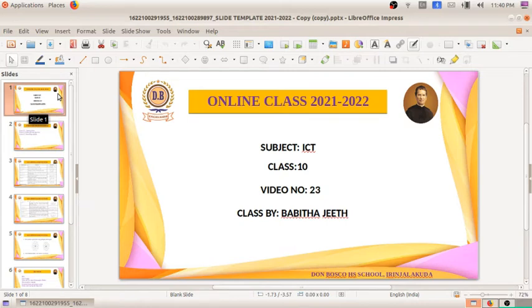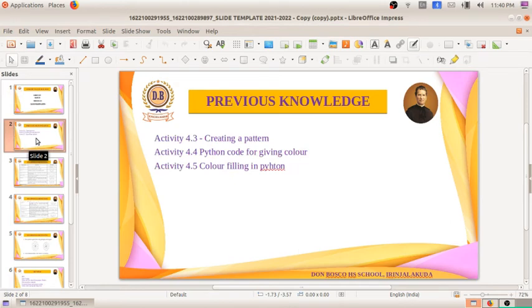So did you study the topics which we have discussed previously? I hope it is so. So what all things we have studied? In our third chapter, we have studied how to create a pattern. We studied about different commands for creating the geometrical shapes and patterns, and in the last class we drew different